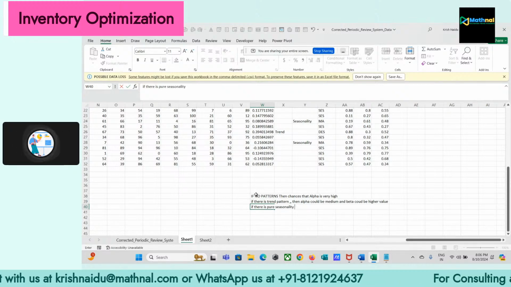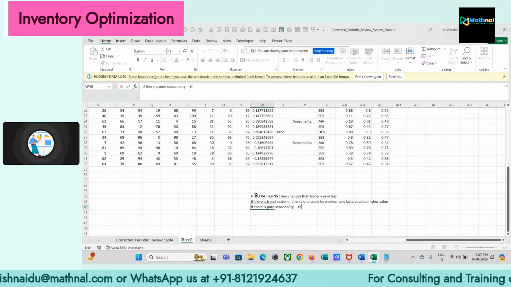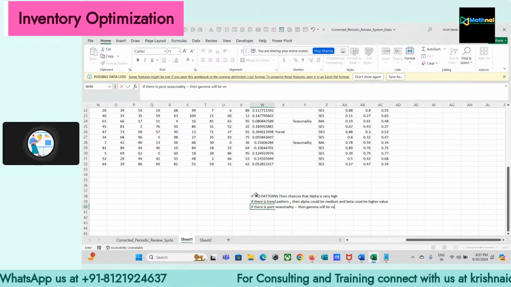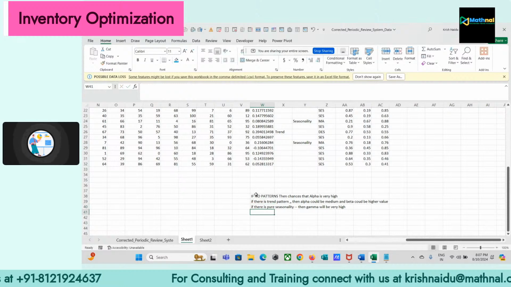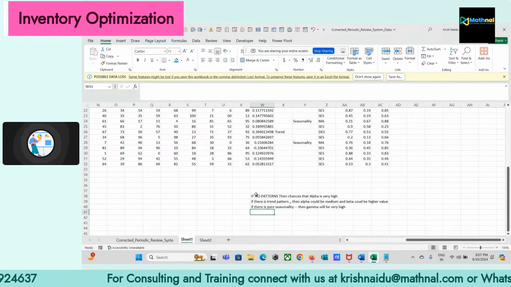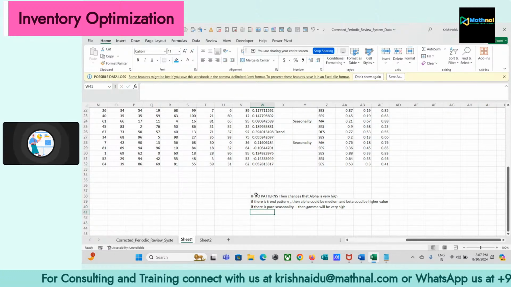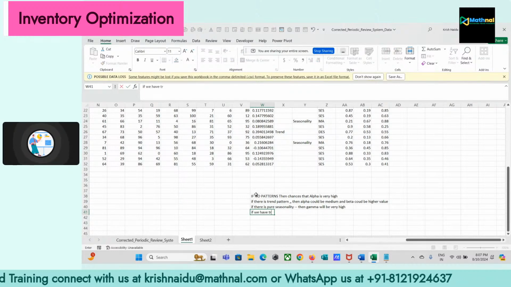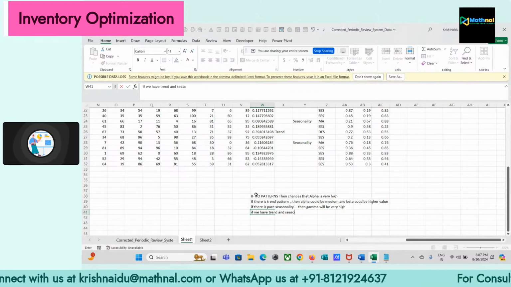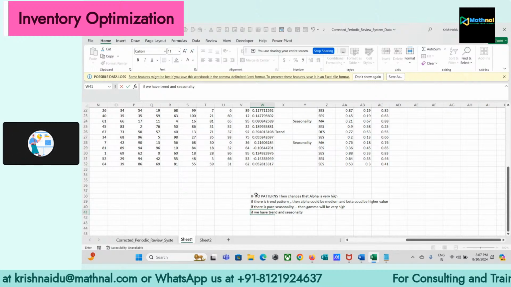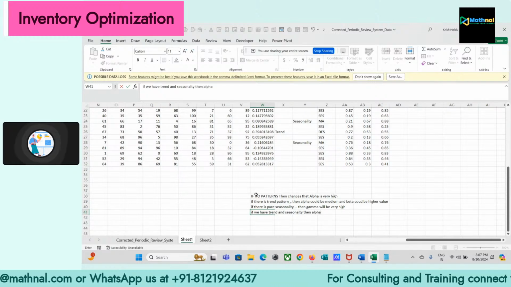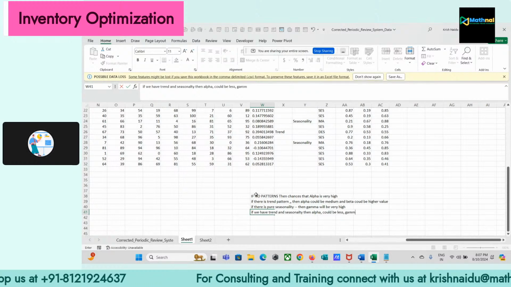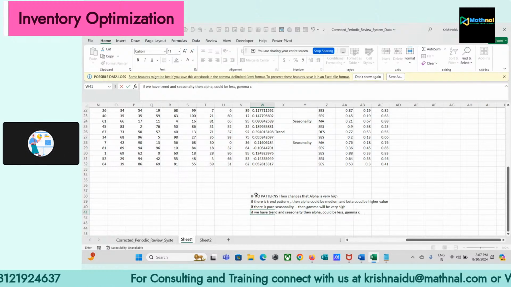Of course we are not actually considering pure seasonality here, but if you use the same model, then the gamma will be very high. You can also use the same triple exponential model, but we are not using the triple exponential model for seasonality only. So gamma will be very high. But if you have trend and seasonality, then alpha could be less, gamma could be medium,